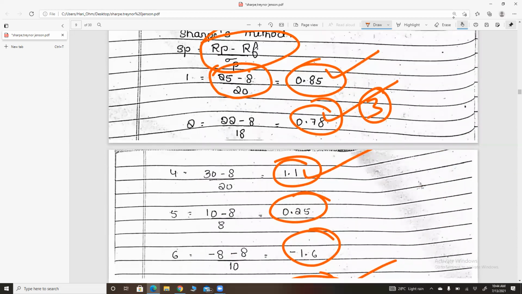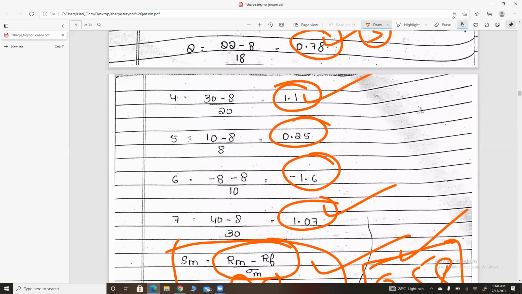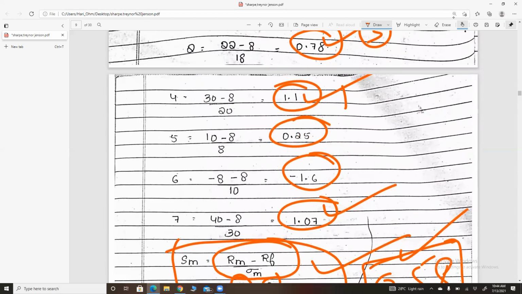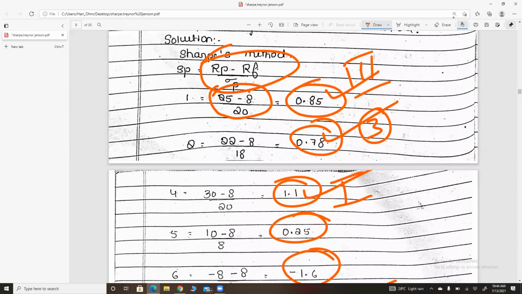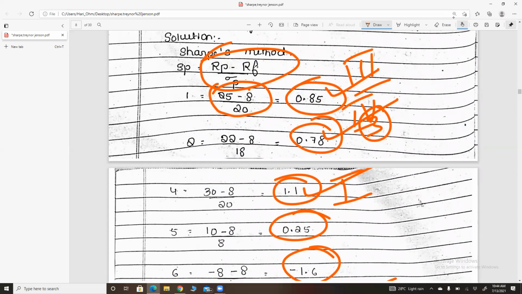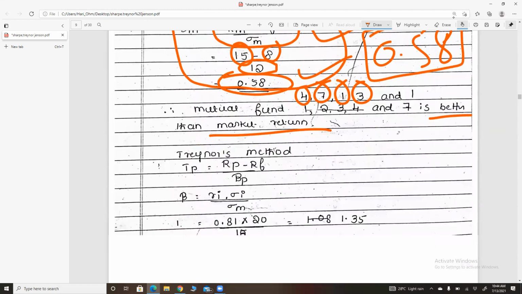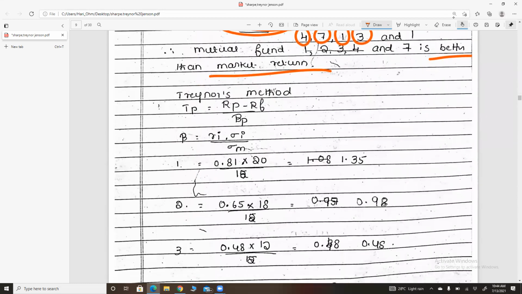Otherwise, you can put it here itself. You can rank like this. See which one is highest. Fourth one is highest, rank one. Then second one is this one. Like that, you can put a rank. Third one is this one. Fourth one. Like that, you have to put a rank. Hope you're clear. Rank the portfolios.